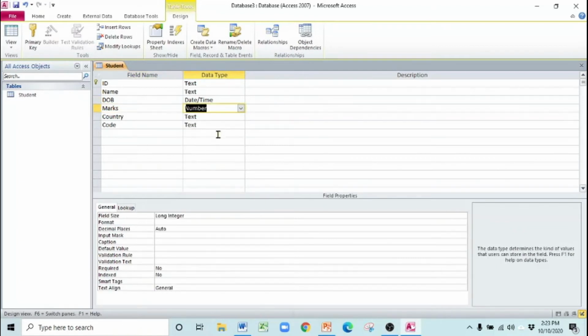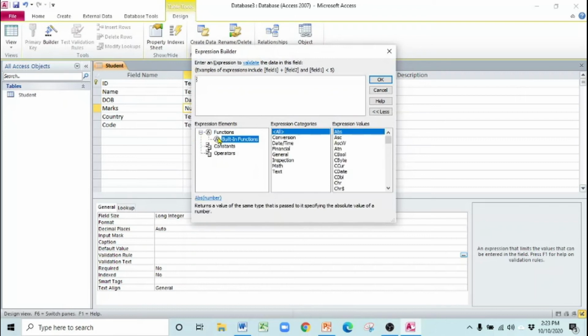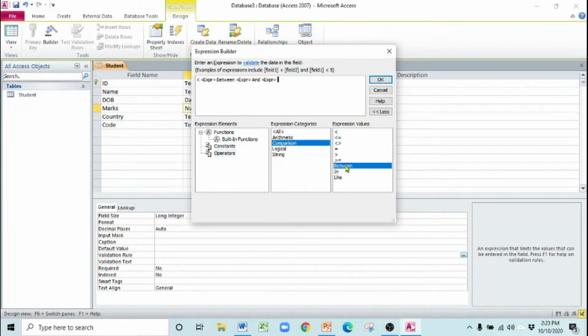Okay. Marks, first the data type should be numeric. Okay, and now you can apply the range check over here. Range means the value must be entered between 1 to 100. How can you apply it? Click on validation rules, select the formats. In comparison you will find the operators, comparison between, it must be between 1 and 100.